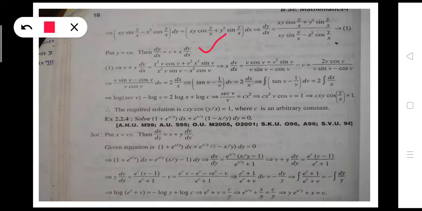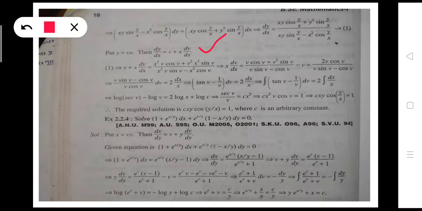Now separate the v terms on one side and x terms on the other side, and that is (v sin v − cos v)/(v cos v) dv = 2 dx/x. Now this is in variable separable form, and integrating both sides, the integral of 2 dx/x, or the integral of (tan v − 1/v) dv. Simplifying (v sin v)/(v cos v):